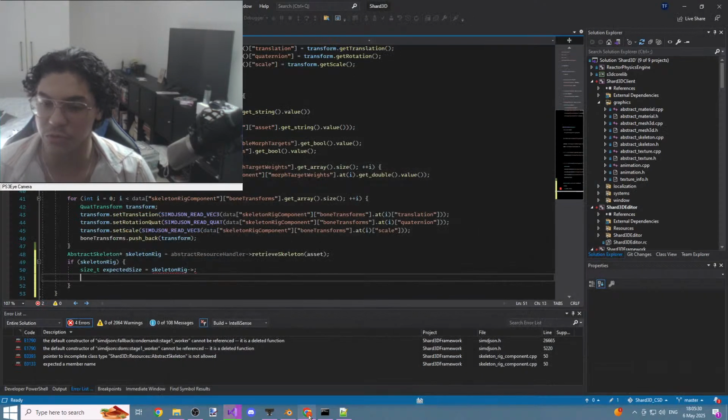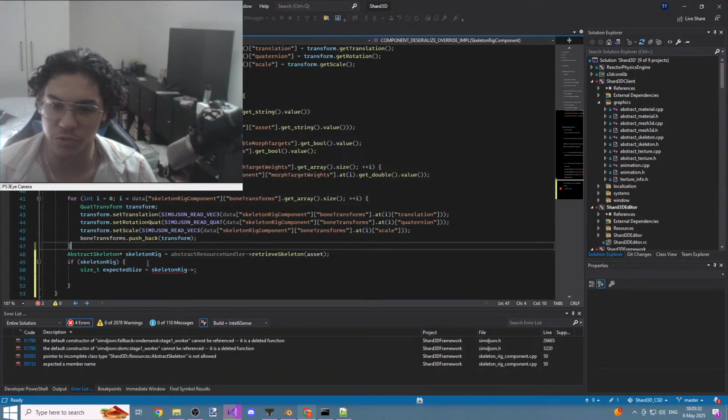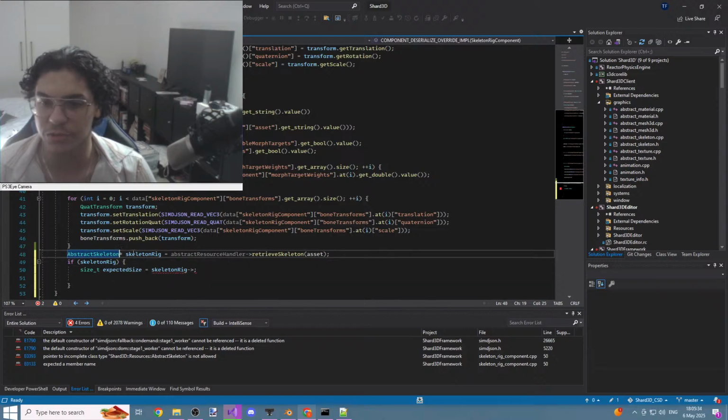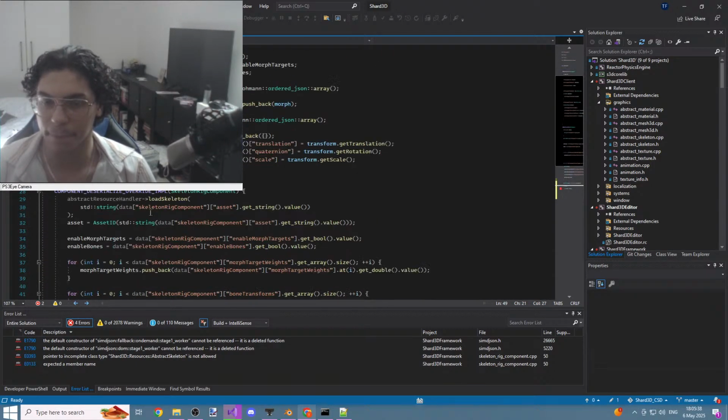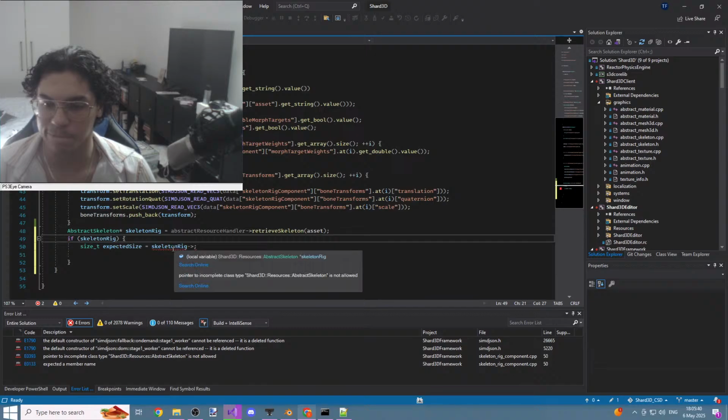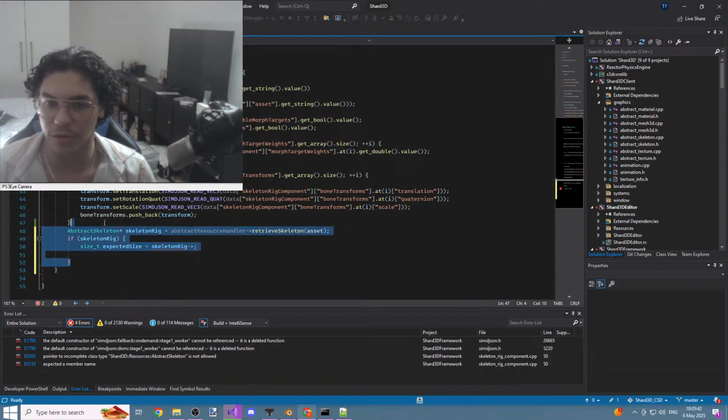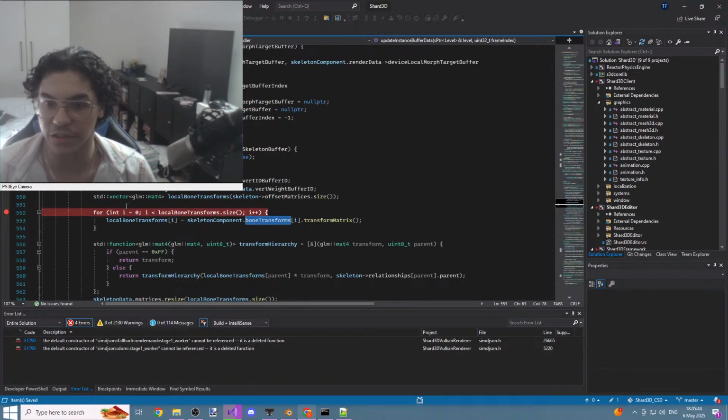Oh, window abstract. But what do the window abstractions have to do with the registry? Alright, so I'm not going to do that here. Instead,